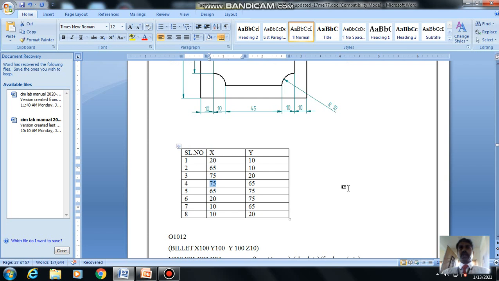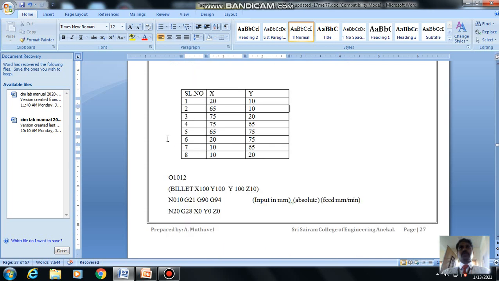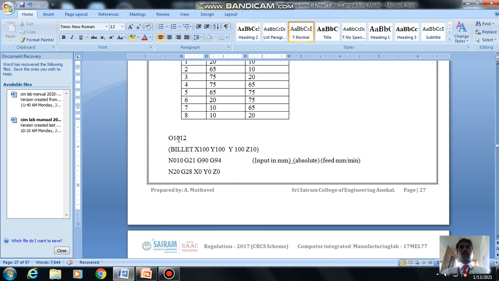Okay, once the coordinate points have been done, then we go for writing the program. Let me start with O, 0, 0, something, just like in the lathe. We have to start with the letter O and then a 4-digit number, so that it will be recorded as a program. Then we write what type of program, whether the input is in terms of mm or inches.